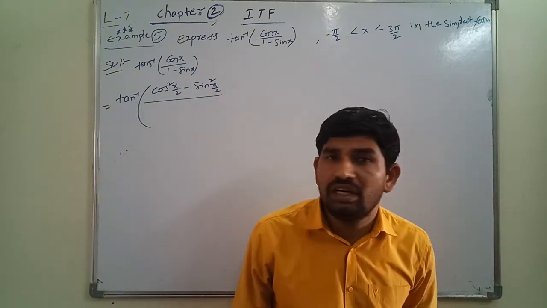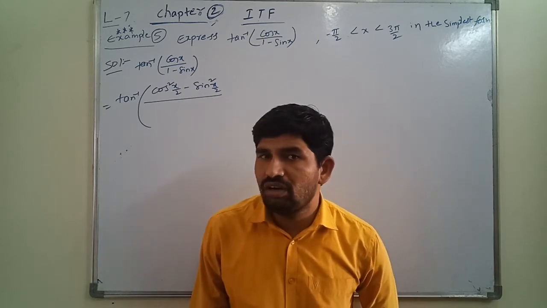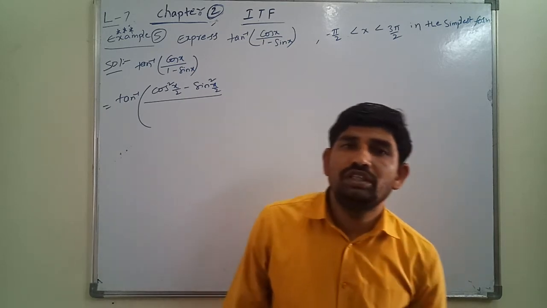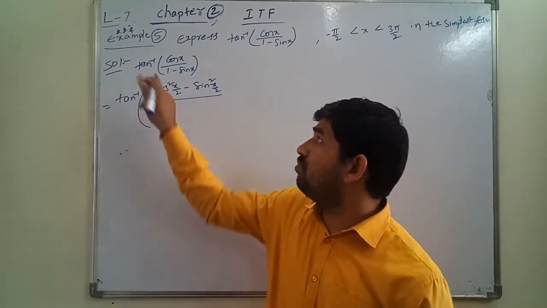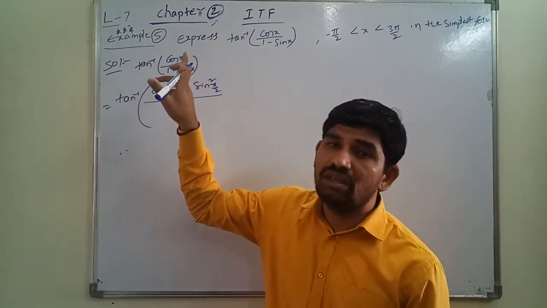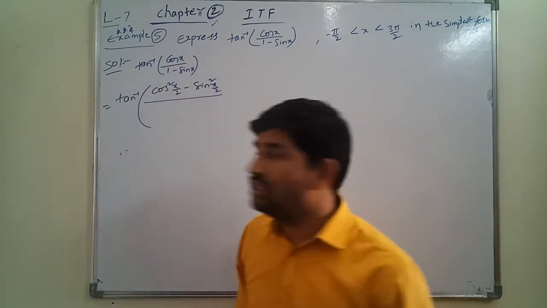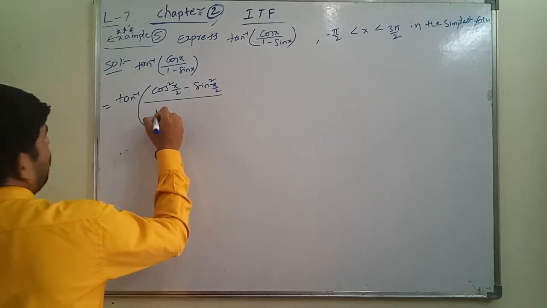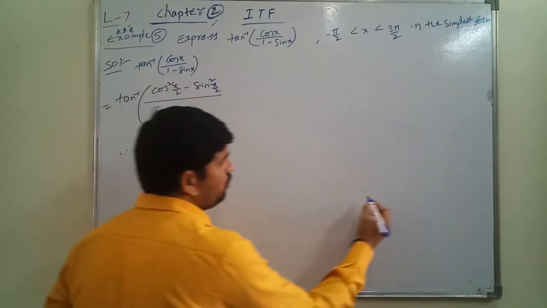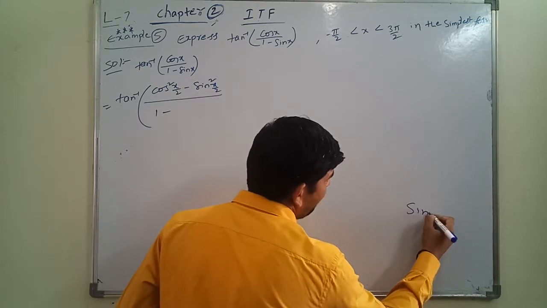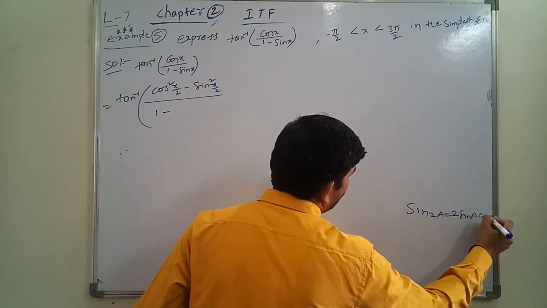In the 11th standard we have completed the trigonometric ratios. Cos 2a is equal to what will we write there? Cos 2a is equal to cos square a minus sin square a. Yes or no? So we are using that formula, but here we have cos a. Cos a is cos square a by 2 minus sin square a by 2. Yes. So next, 1 minus sin x. Sir, sin x we can write, we know the formula sin 2a is equal to 2 sin a cos a. Yes or no? All of you know this formula.